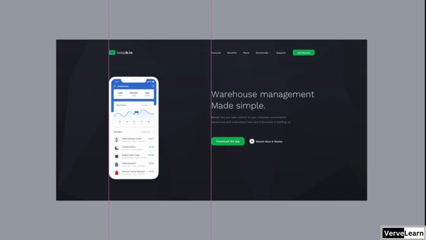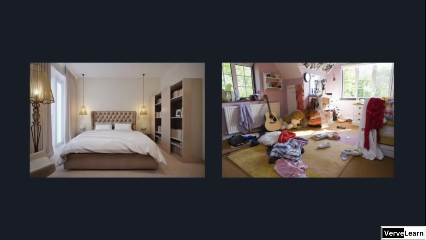Why does aligning objects make a composition look better? It's exactly the same reason why this room looks better than this room. It's the order. We avoid chaos and seek order. And everything that is orderly, symmetric, and organized will be perceived as more beautiful than anything that is chaotic and